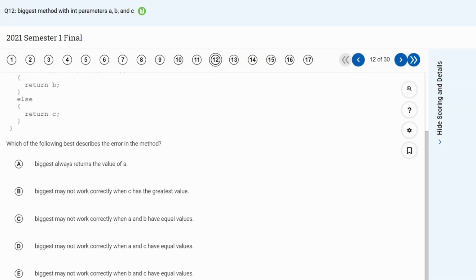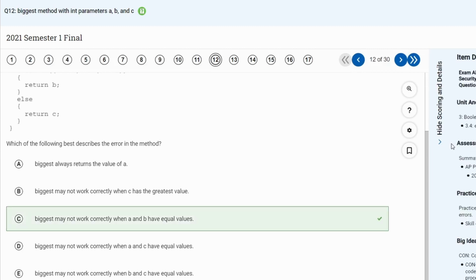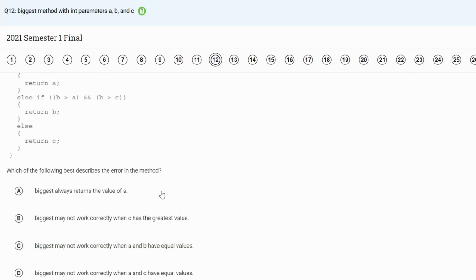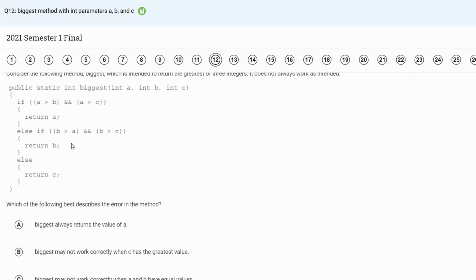Okay, so I'm going to turn to the problem where A and B have equal values. It may not work when A and B have equal values. If A and B have equal values, then it may return C instead, because A equal to B